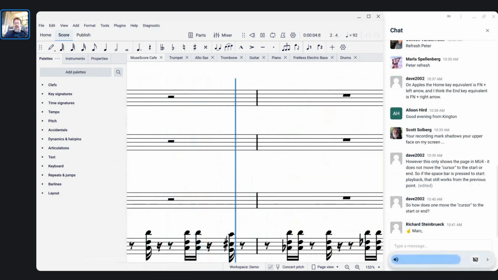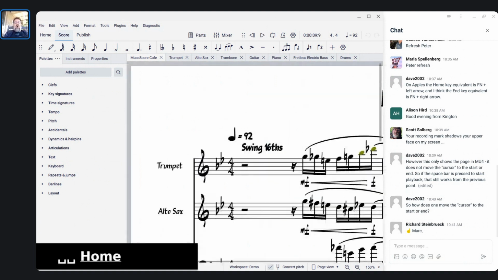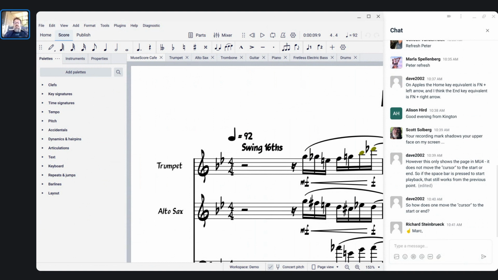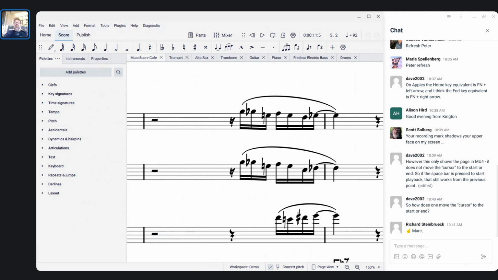Let me turn my volume back up. Okay, so if I press space right now, it continues where it left off. If I just press Home to go back to the beginning, that doesn't actually change where playback is. If I press space, it's still going to continue where I left off. If you want to actually change what is selected in your score so that you can start working on it,